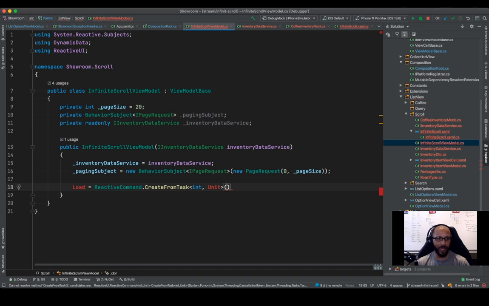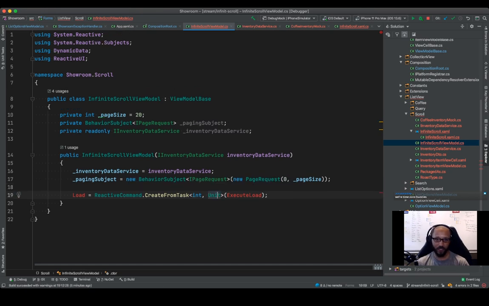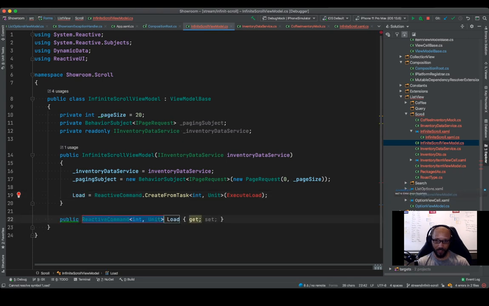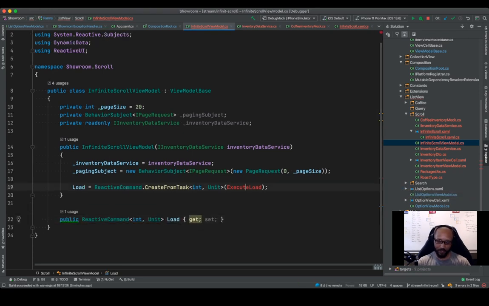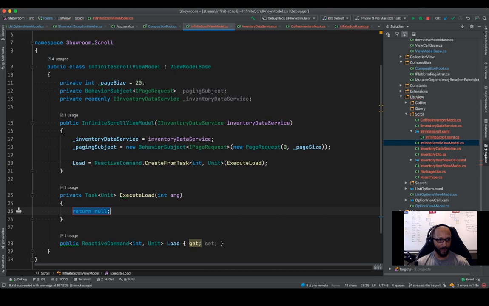We just want to return a unit. And here we're going to add in some execute load method. Okay, obviously Rodney's having a great go at typing today. All right, so that should get us the unit. We'll bring in our namespace. We'll go ahead and create our reactive command, which has the correct types, and that should now give us the correct type for the create method, where we'll take in a task here, and in that execute, what are we gonna do? We're basically just, actually, let's create that from an observable, because I just realized that my